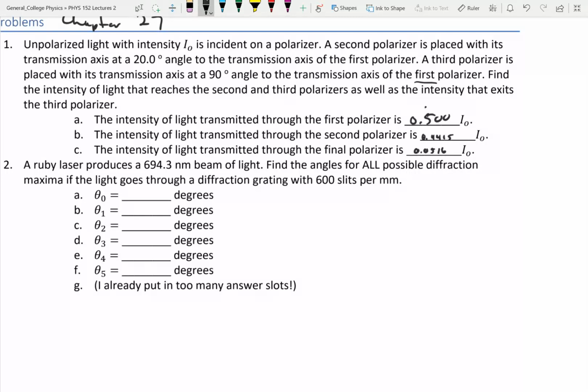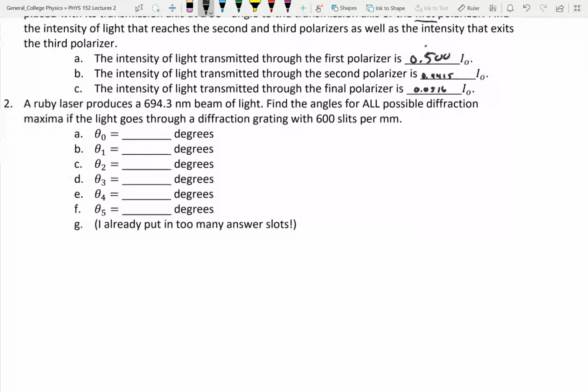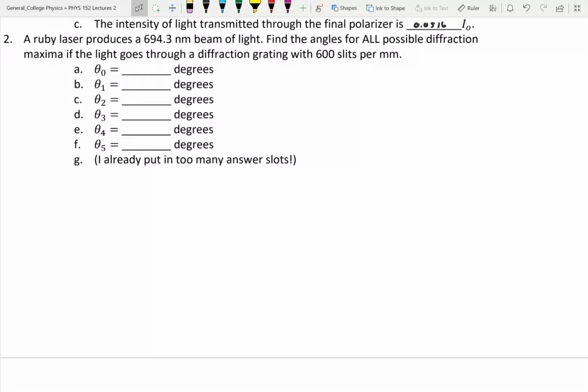Now, a ruby laser produces 694.3 nanometer beam of light. Find the angles for all possible diffraction maxima if the light goes through a diffraction grating with 600 slits per millimeter. So this is the same slit that we used in lab. So we have, here's our laser beam, here's our diffraction grating, and then coming out of that diffraction grating, we're going to have